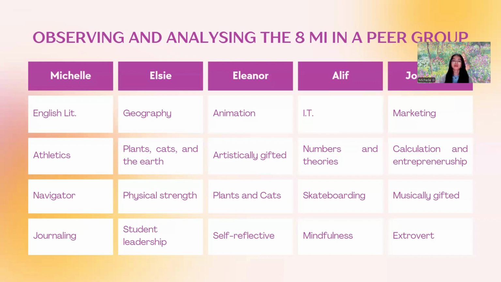Next is Elsie. She is pursuing a degree in geography, and she has naturally had an affinity for plants. She loves cats. She has four of them, and the earth. She actually maintains 5 or 6 potted plants of her own in her dormitory, and whenever she's away from campus, she would be helping out in her family garden, and she is very, very